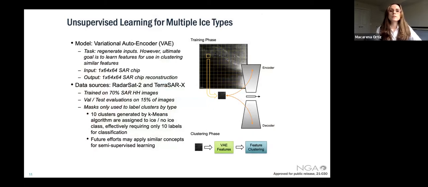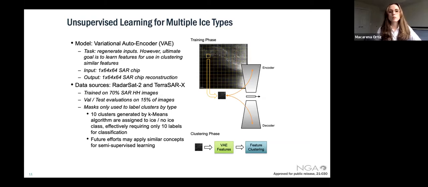All right, so we also experimented with some unsupervised methods, as I mentioned before, where effectively no labels were used. We used a combination of something called a variational autoencoder, which essentially learns salient features, or the most important features of a data set by sort of compressing and decompressing the data, and later feeding this into a clustering technique, in which we decided there would be 10 classes of ice types as an initial experiment. And we did this for RadarSat-2 and for TerraSAR-X images.